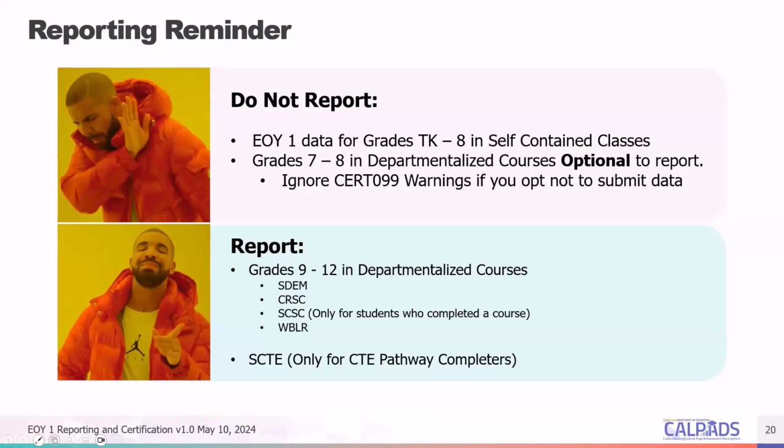All right, and that concludes our discussion of the data requirements in general. We'll now be moving into the file specific discussions in end of year one. We'll begin with the course completion